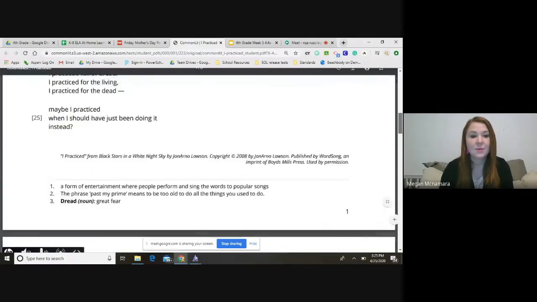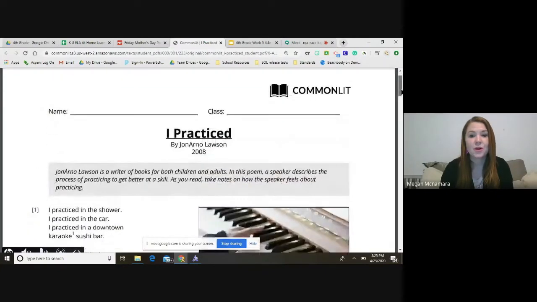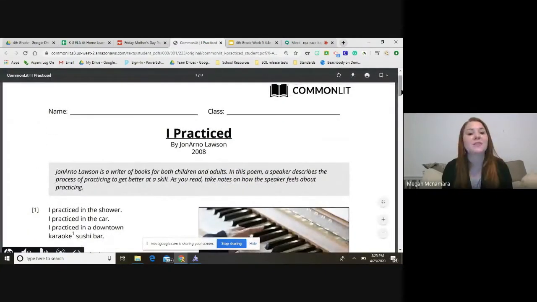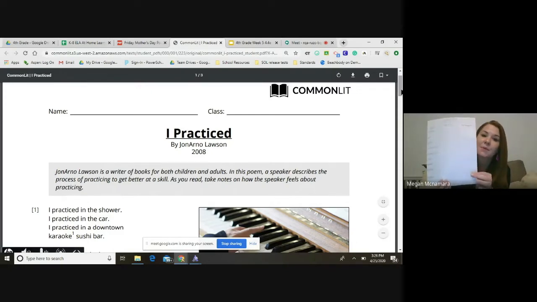So today we learned about 2 more poetic devices, which were repetition and hyperbole. I want you to go back and get your chart out and do 2 examples here. You can use examples from our poem today, or you can come up with your own. So go ahead and pause the video and fill that in.